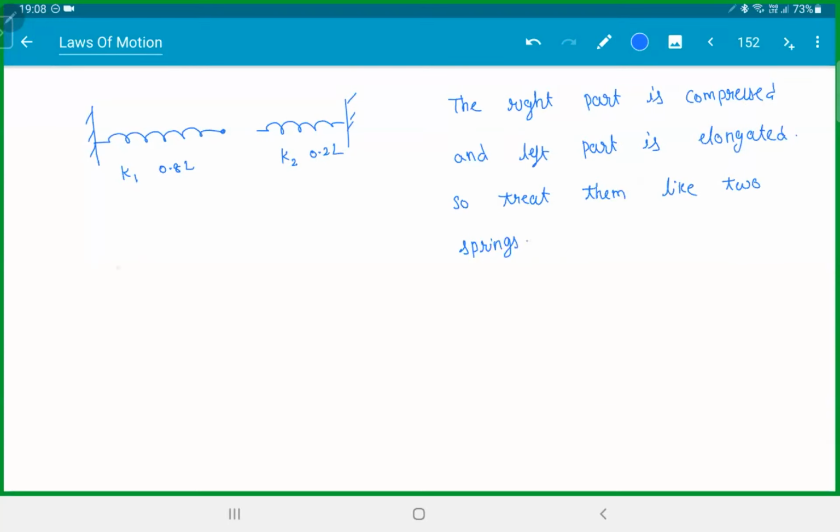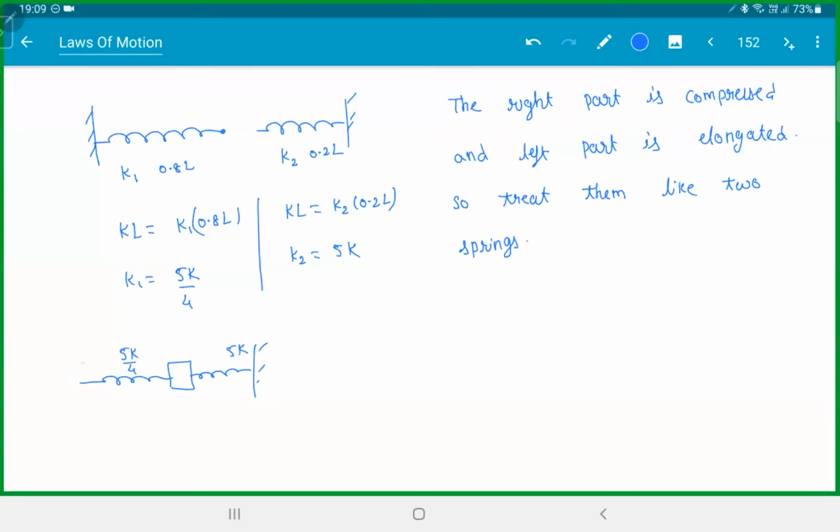So this is how we will draw. Just put a block there, just for our understanding. Let's find the spring constants also. K into L is equal to K1 into 0.8L, so K1 will be 5K by 4. K into L is K2 into 0.2L, so K2 is 5K. So the whole question becomes as if you have a spring of 5K by 4 and 5K